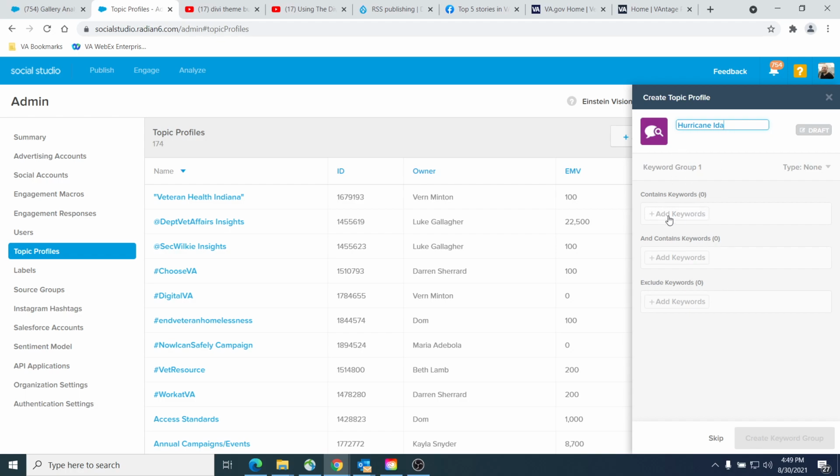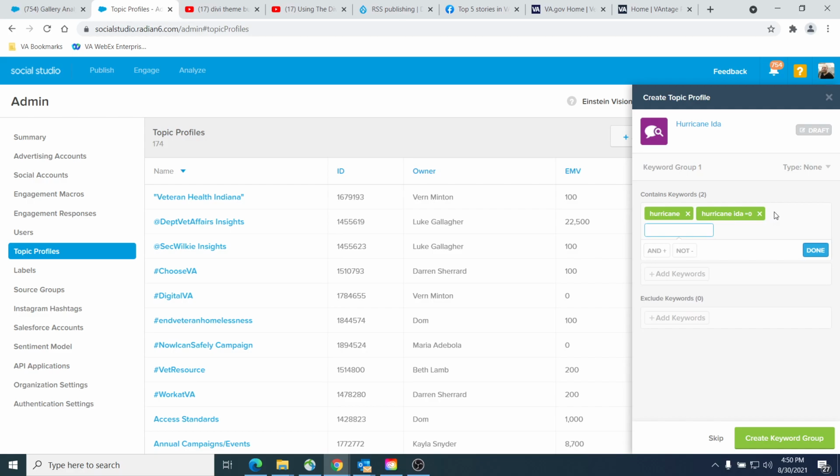So we want it to contain, let's see, hurricane, Hurricane Ida, Ida, and let's see, what else? Also contained veteran, maybe,